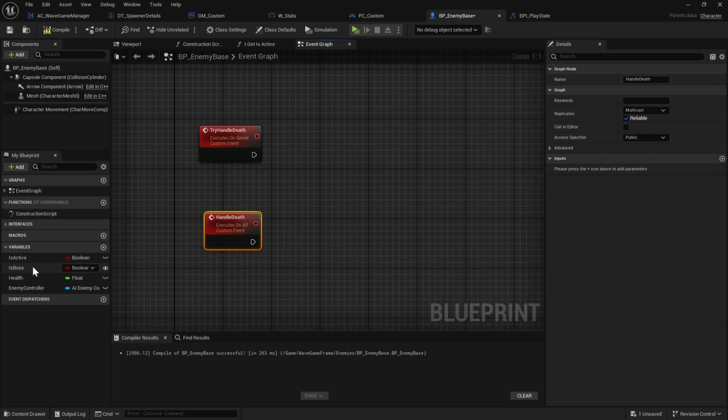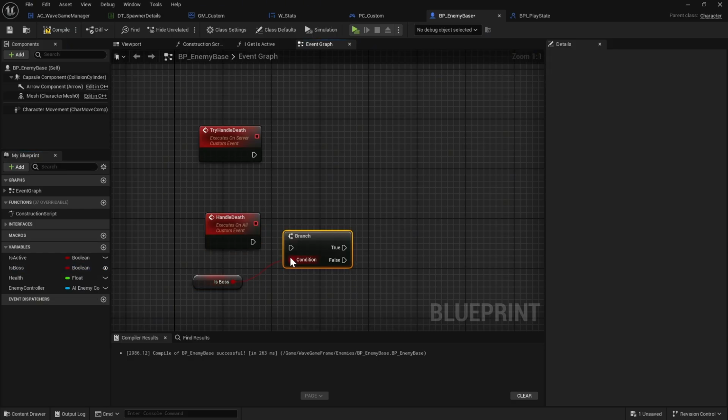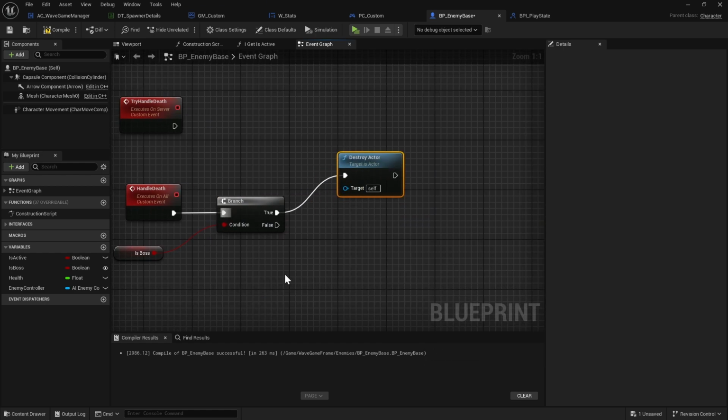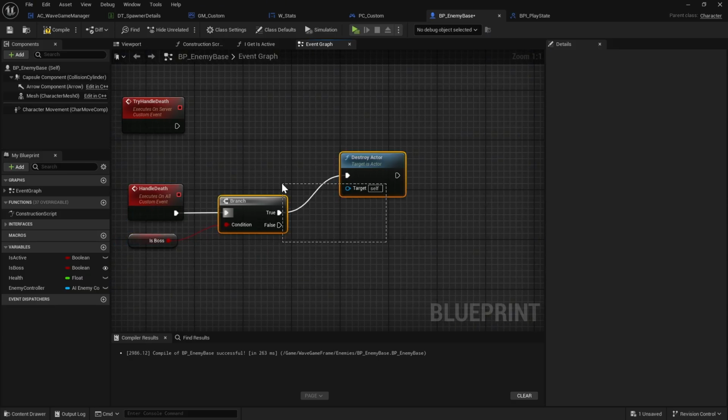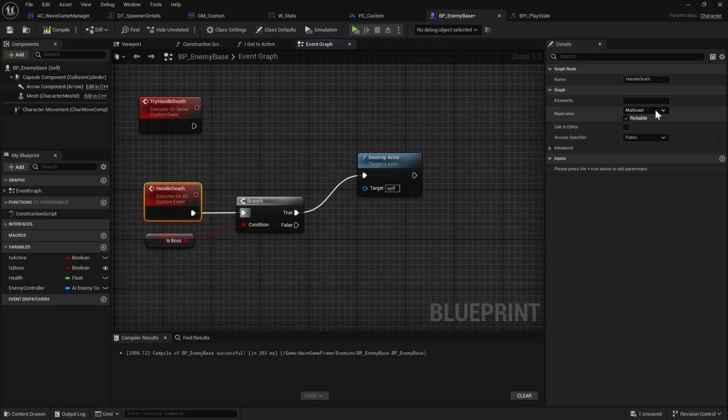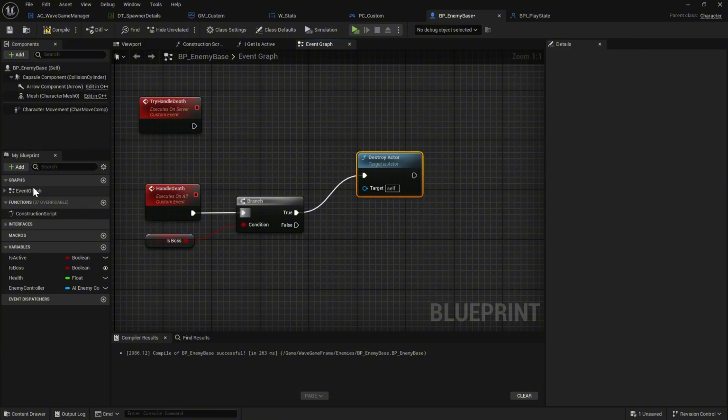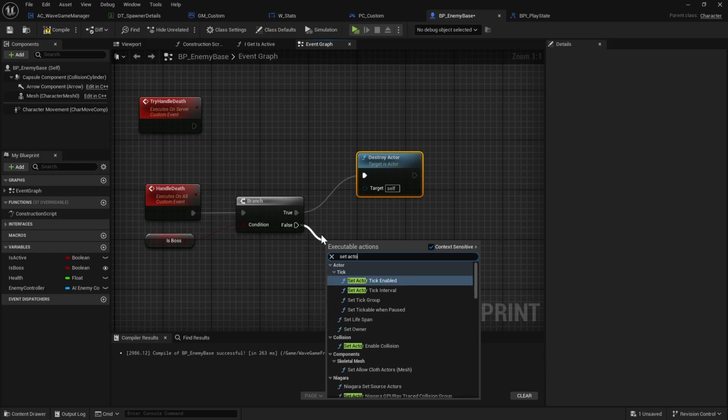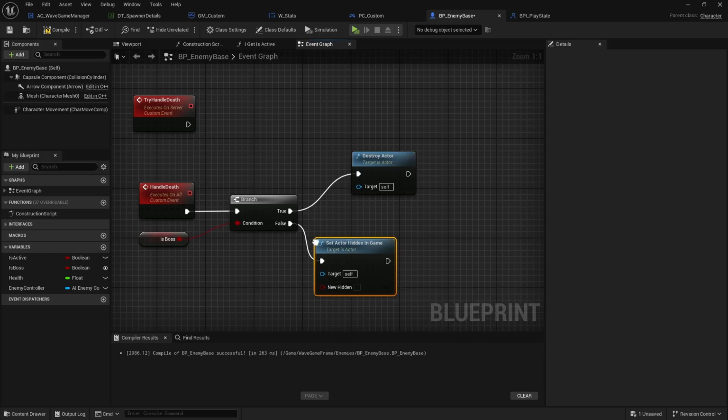This is just going to take, if it is a boss, we need to destroy it. So that's just going to destroy. And I guess this doesn't technically need to be multicast. You could probably do this on the server and it would trickle down. But basically on the multicast here, we want to make sure that the clients are all kind of seeing things as quickly as possible. So we're going to set actor hidden in game